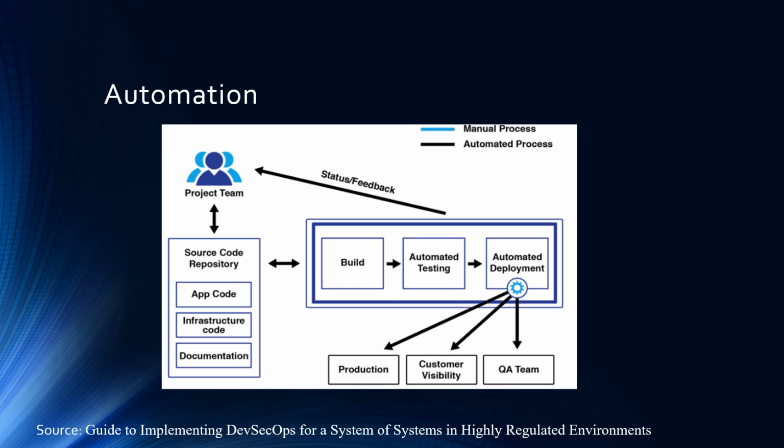Monitoring and logging are continuous activities that provide insights into system behavior and performance. This information feeds back into the planning phase, creating a continuous improvement loop. The diagram emphasizes how these components are interconnected. A change in one area can trigger automated processes across the entire pipeline, ensuring consistency and reliability in software delivery.